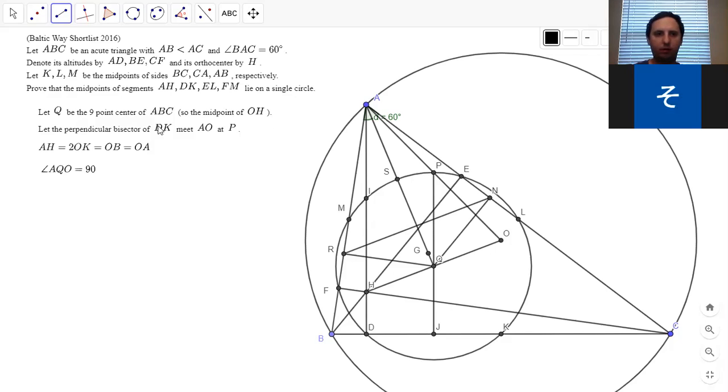I wonder also, let me check. We have some cyclic quadrilaterals here. So